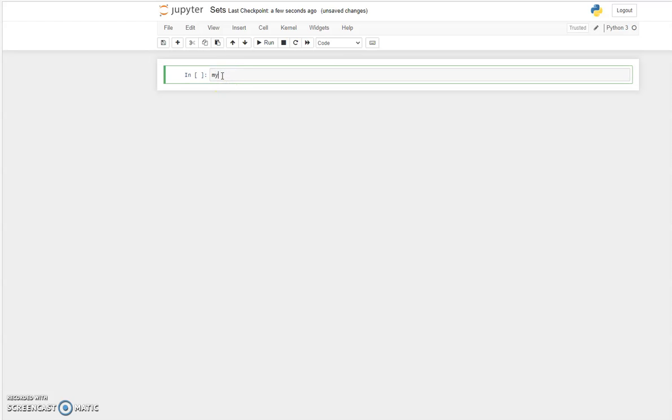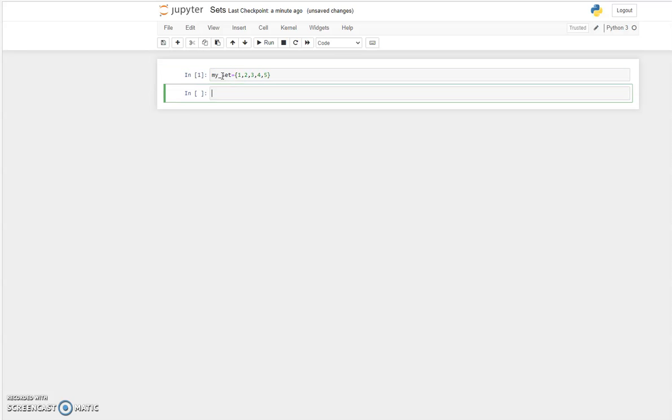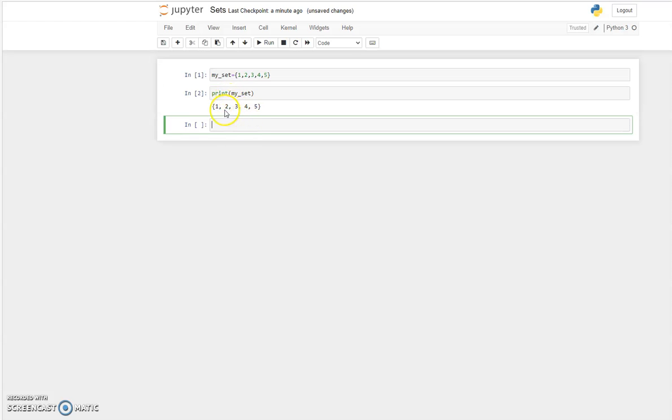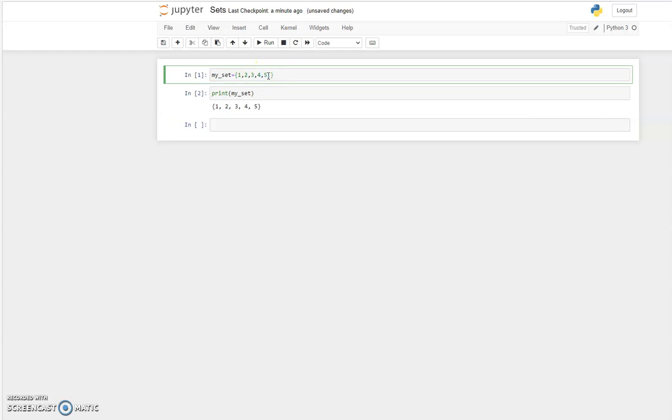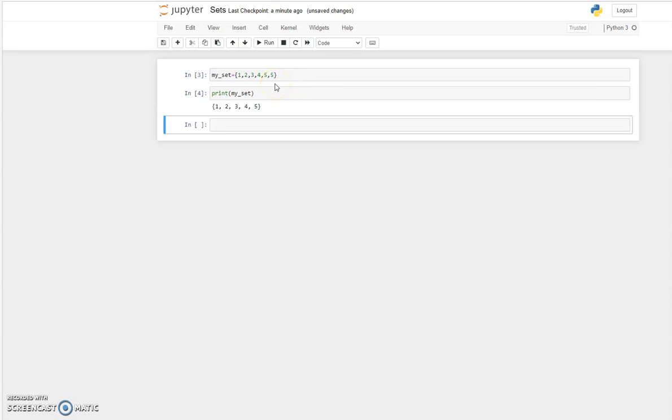Alright, let me define a variable called myset here and open the curly brackets. Let me just say some values here: 1, 2, 3, 4, 5. And if I just wanted to execute this, I just use the print function and say myset here. Now I just got 1, 2, 3, 4, 5, which are there in the set. Now, suppose I wanted to add something like maybe a 5 here, what do you think I'll get? I'll get the same thing because it returns unique items, there are no duplicates, everything is unique in the